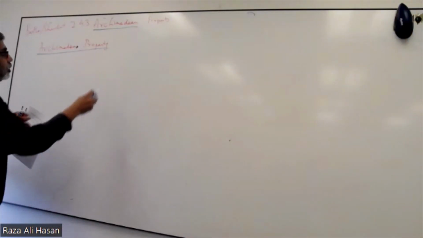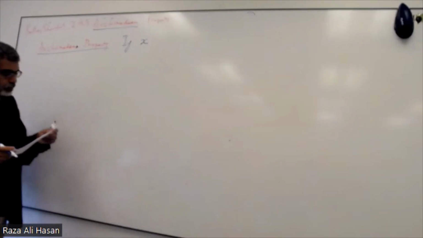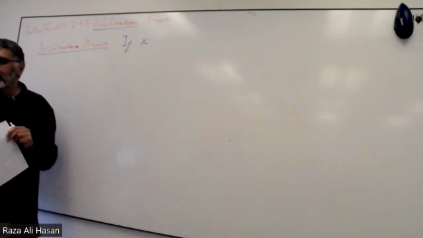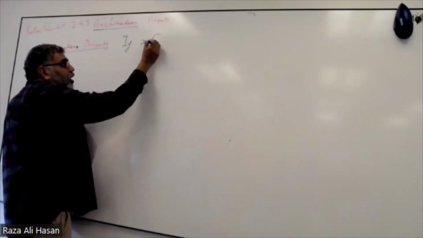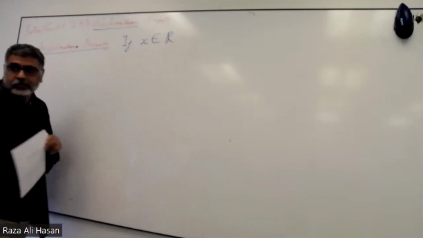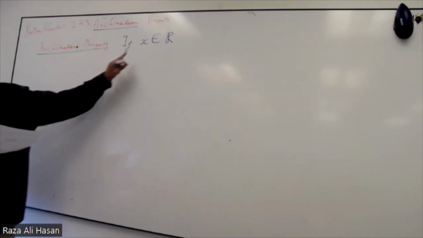So this says if x is a real number, how do I write that? x is a real number. I could say, if x is a real number, or x belongs to the set of real numbers, or x is in R,